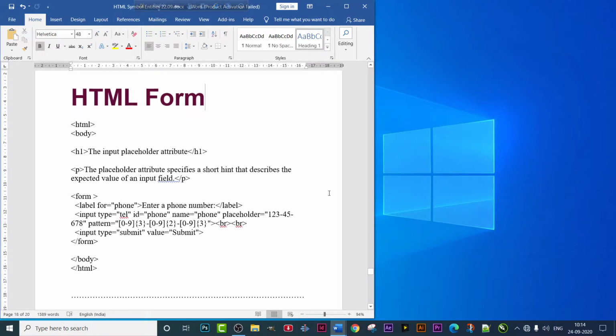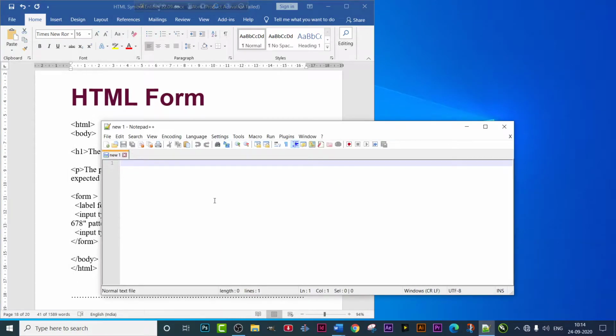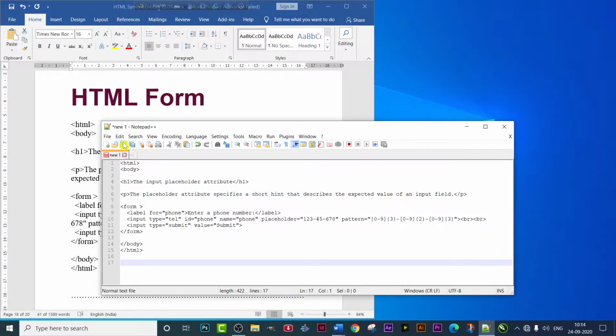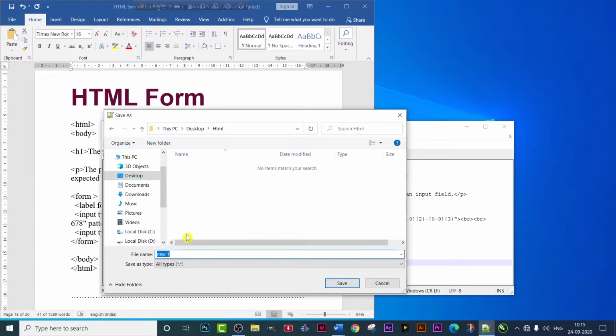So let's go to today's video. As you can see in the display, this is the first program of today. Let's run this program. I'm gonna copy this program. I have copied. Now I'm gonna open Notepad++ and paste it in my HTML file. I'm saving it as 1.html, as it is my first program for today.